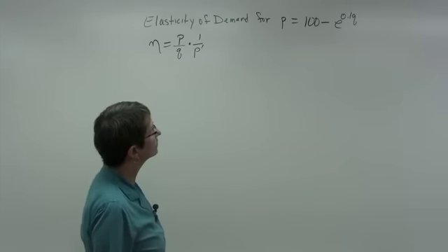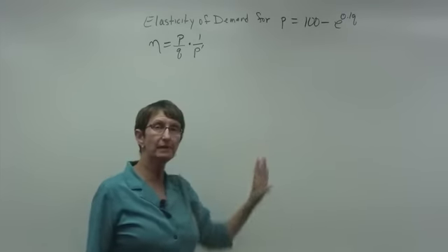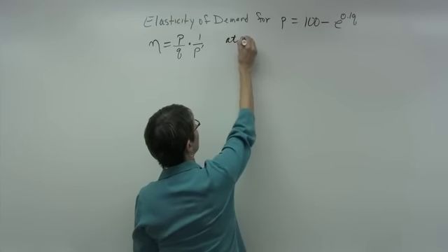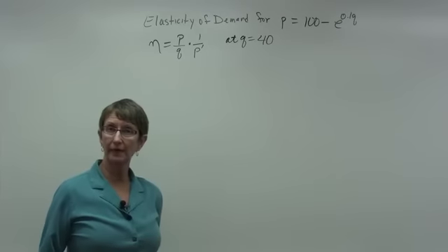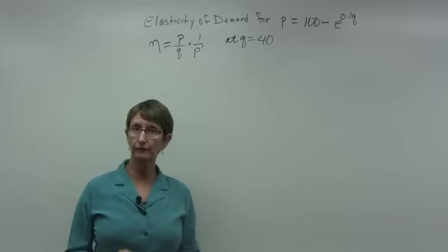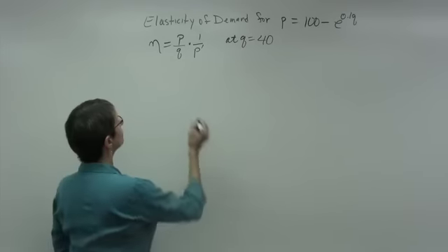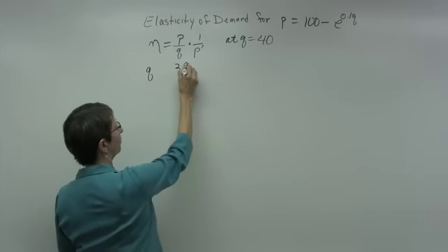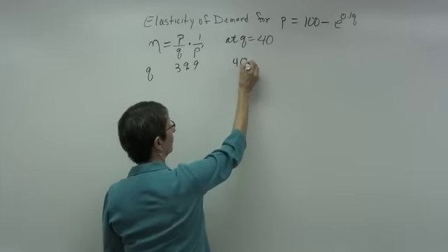Now when I look at that function, that's not linear. It's going to be a little more complicated finding P prime. We are interested in the elasticity at Q equal to 40, and to find a derivative at 40, we'll use the shortcut method and find values the same distance on either side of 40. I think I'll just go 1/10 of a point. So if I have a Q value at 39.9 and a Q value at 40.1,